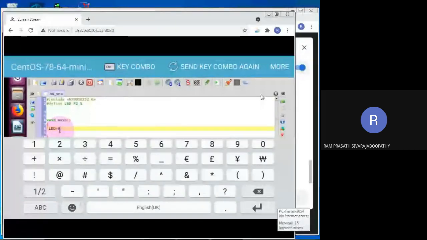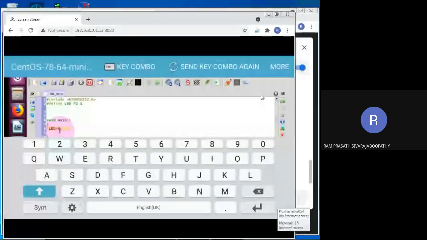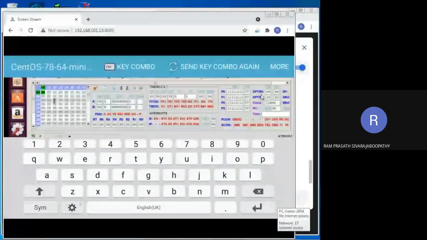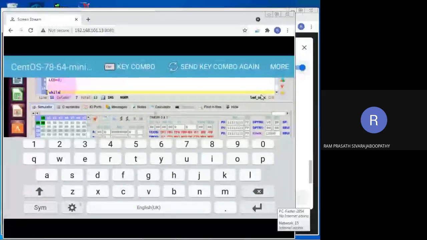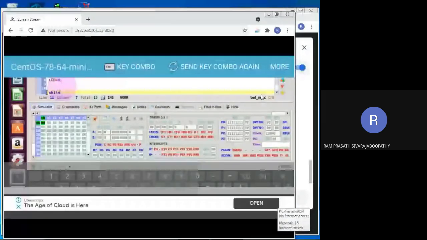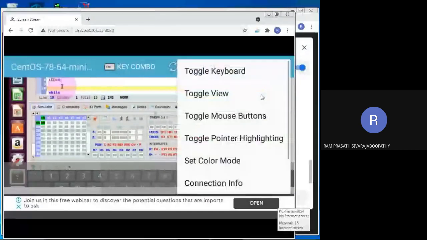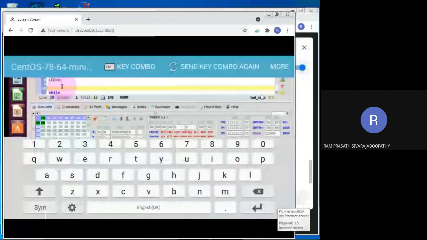Right? So in the next line, what I have to type? Simply while of 1. Again for the bracket, I have to go with it. Wait a moment. Just typed somewhere else. Wait a moment. See, it is not that user friendly, I agree, but you can make use of this particular software.